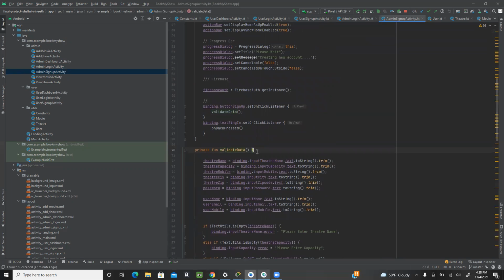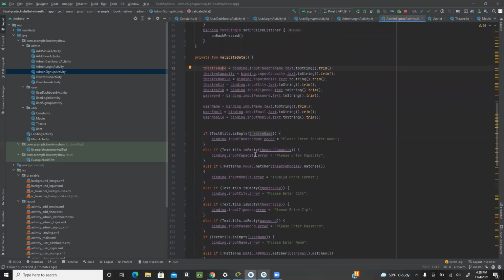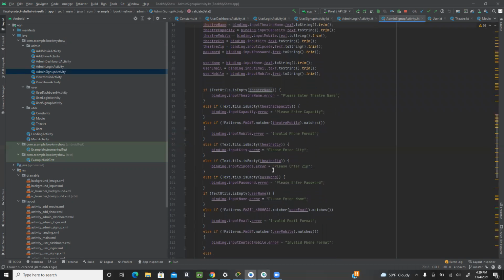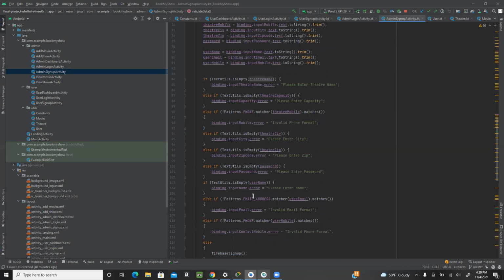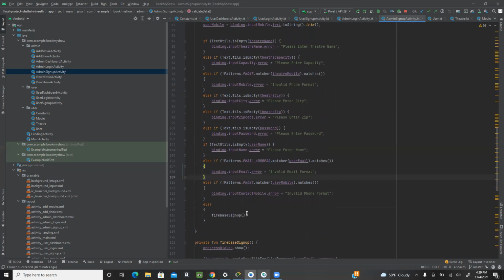In validate data, we validate the data entered in the front end: theater name should not be empty, capacity should not be empty, city should not be empty, the email address should be a valid email address, same as we saw in the admin login page, and the phone should be valid, it should contain 10 digits.